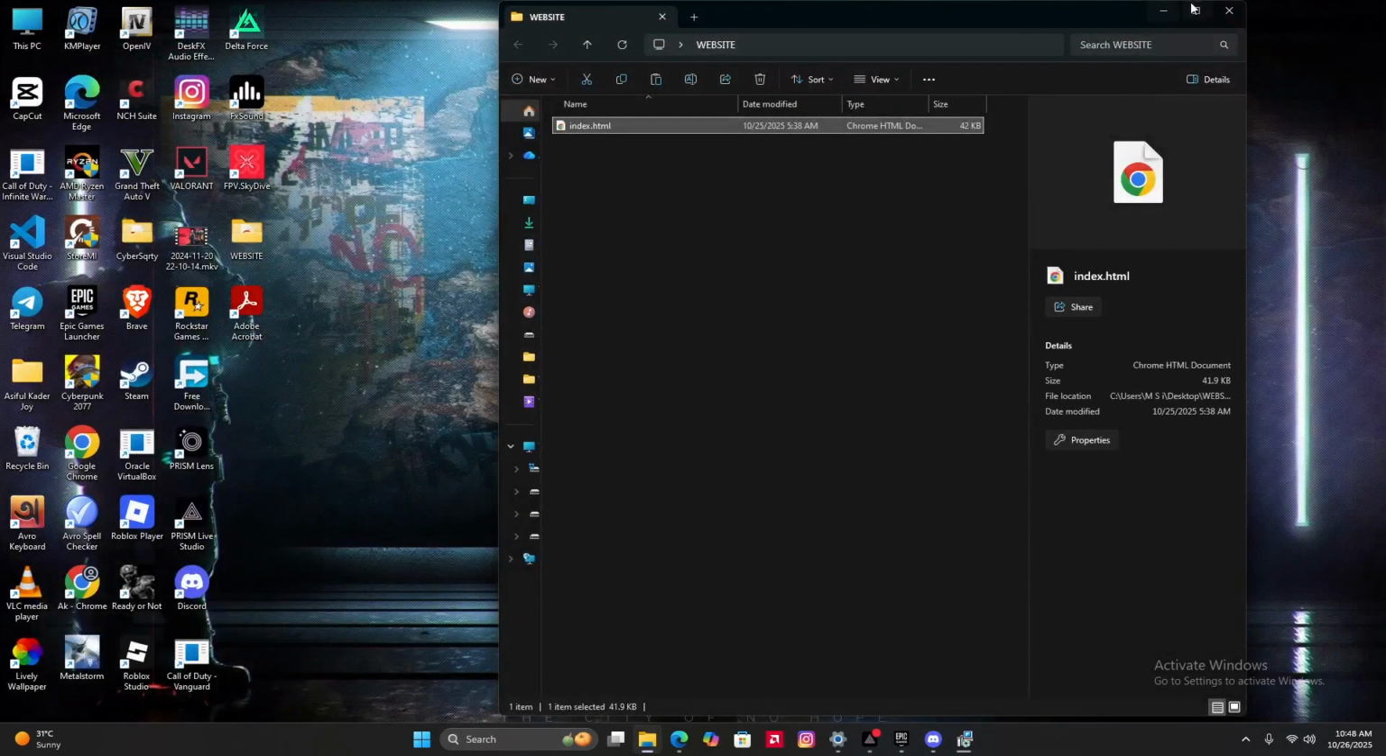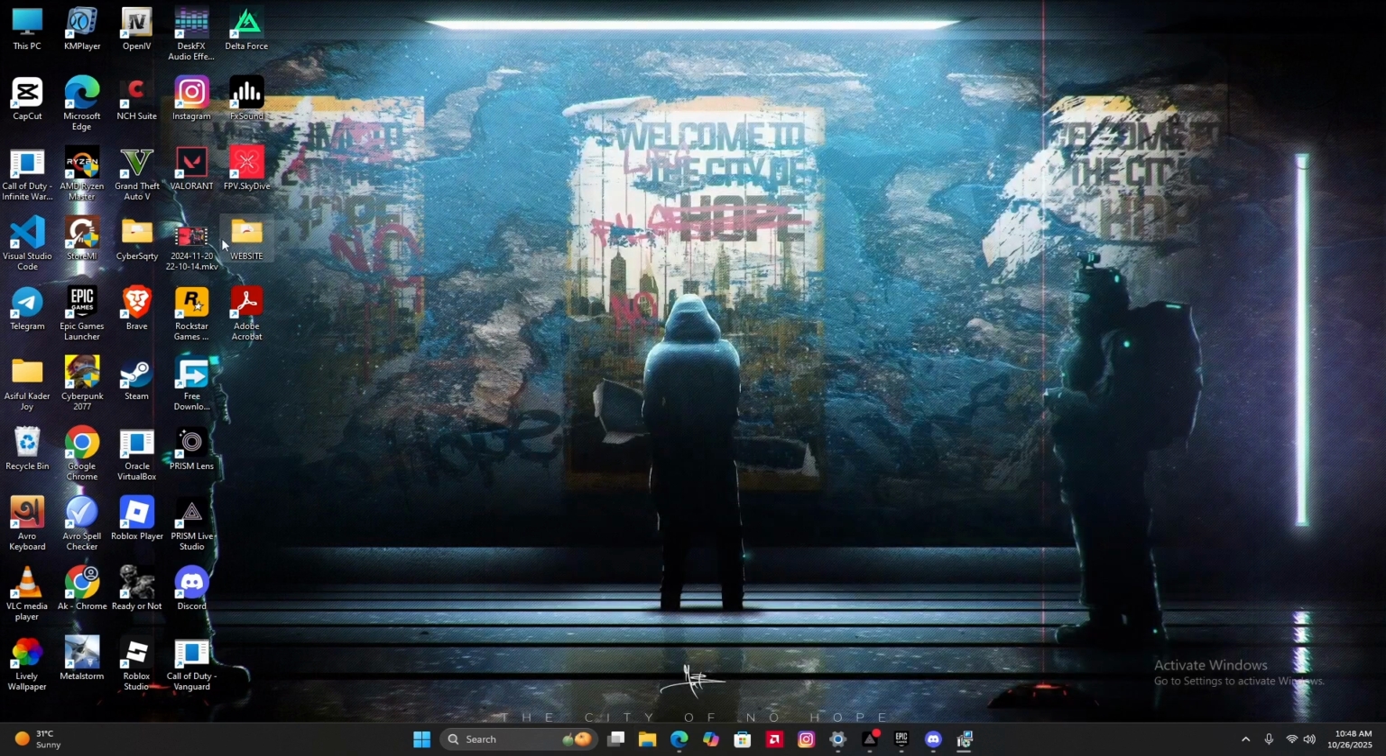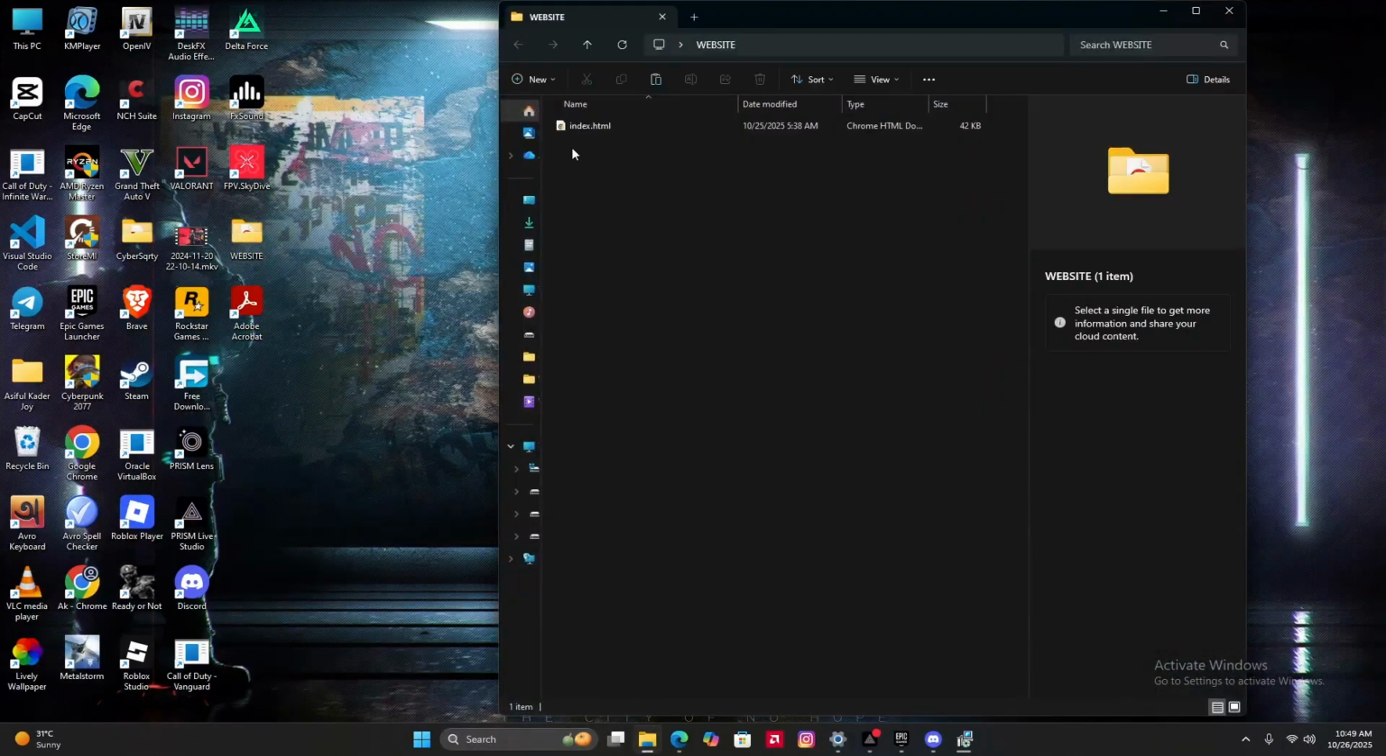So let's get started. First, we have to create a folder. You can put any name as you wish. In this folder, you have to put index.html, this file. Okay. Now you have to